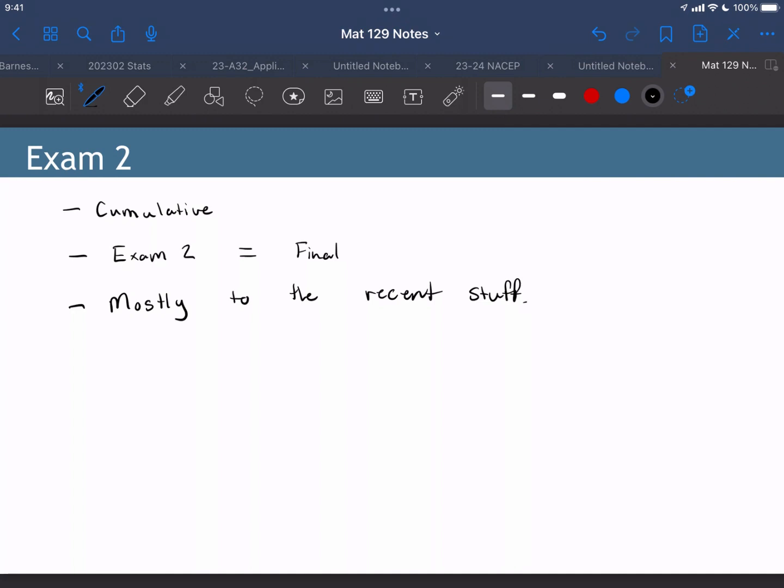Okay. So what I mean by that is, since our last exam, we've covered exponentials, logarithms, all the trig stuff. So that'll be kind of the meat of the exam. And then we'll go back and grab 1 or 2 topics from the stuff before that. Okay. And so what's an example? Like, you can certainly absolutely guarantee